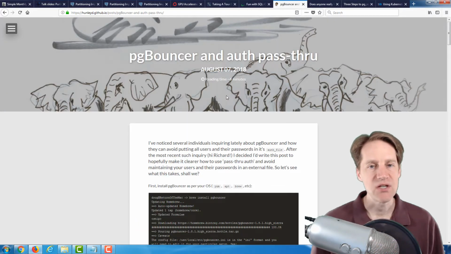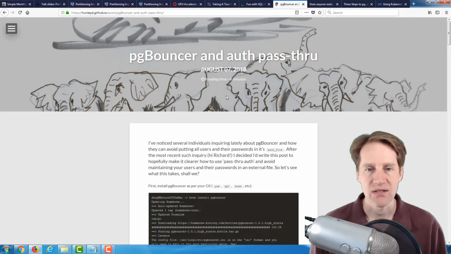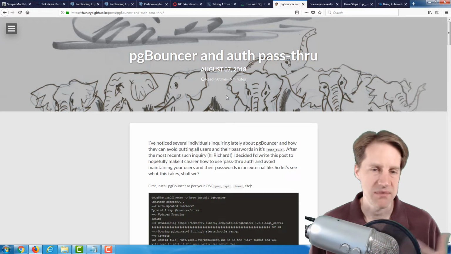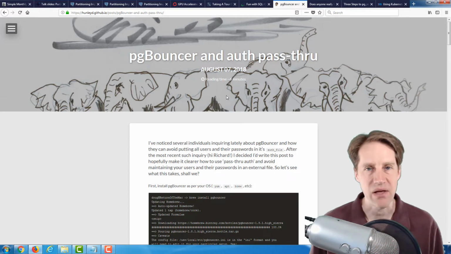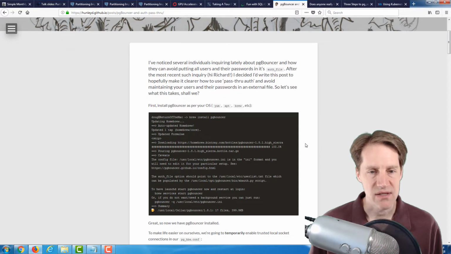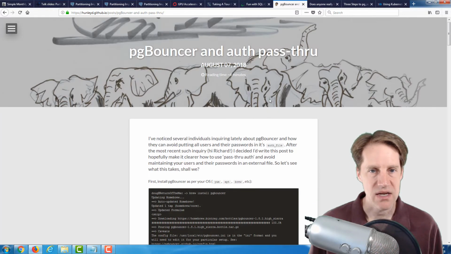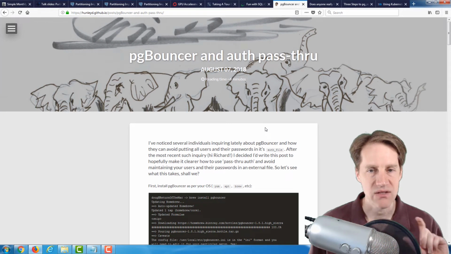The next post is pgBouncer and auth pass-thru. Now I chose this post because I think whatever documentation or additional information can come out about pgBouncer is definitely beneficial. And also because this post talks about a need where they wanted to be able just to pass through